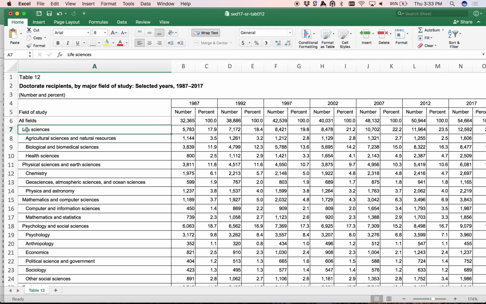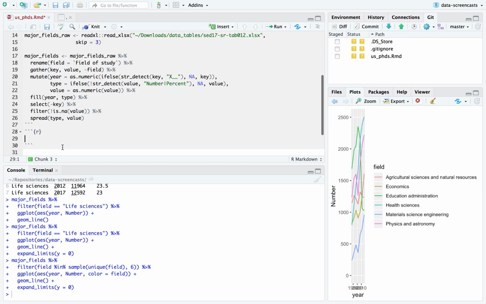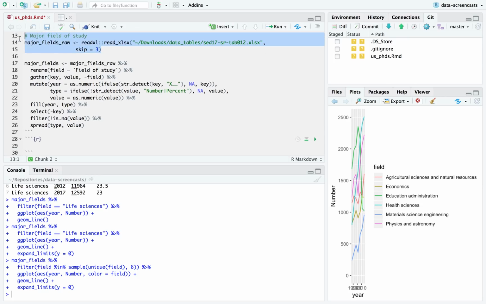See, life science is a top level field, and these are some categories within it, but we lose that data. Maybe the janitor package could get it back out. I think there's a package from Jenny Bryan on cleaning and interpreting Excel data. I haven't used it recently enough to remember how to pull that data out. So I'm going to stick to, let's take a look at our major fields,